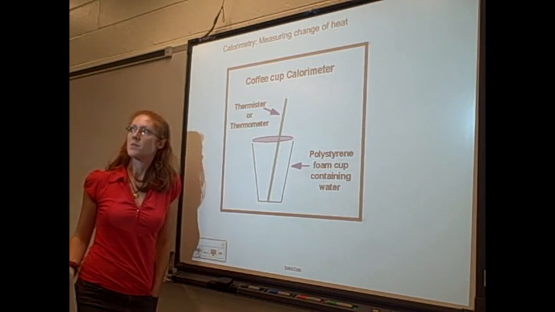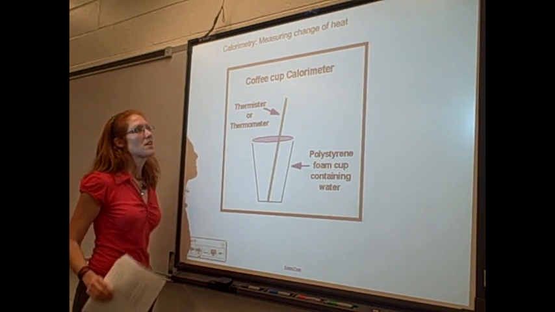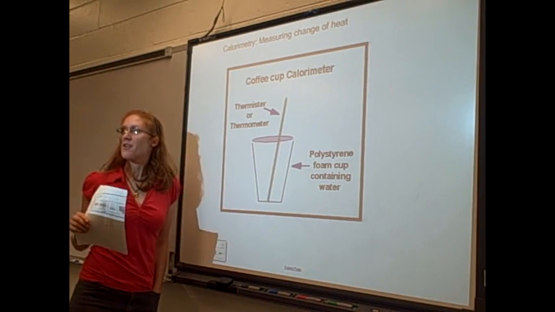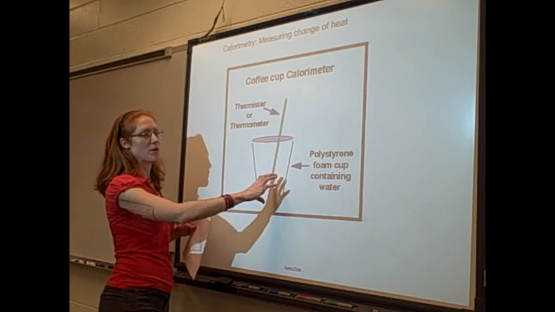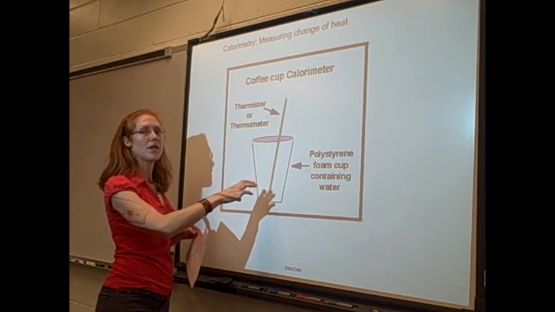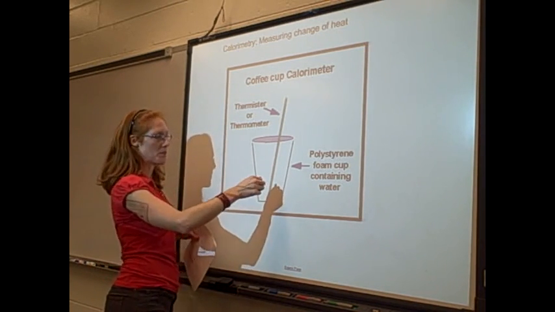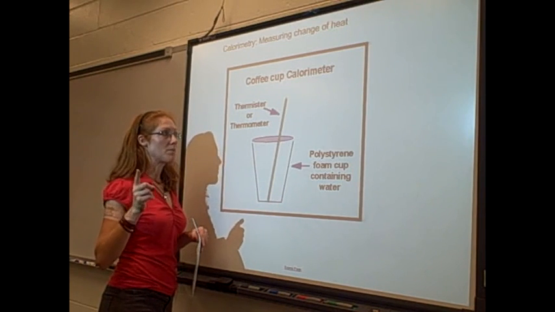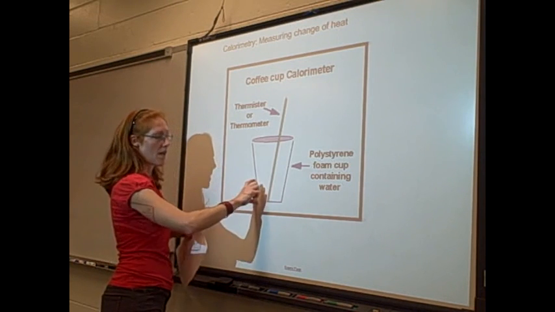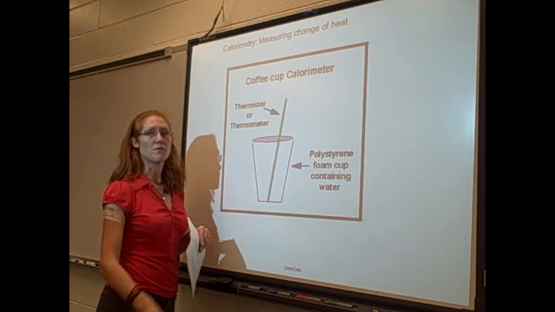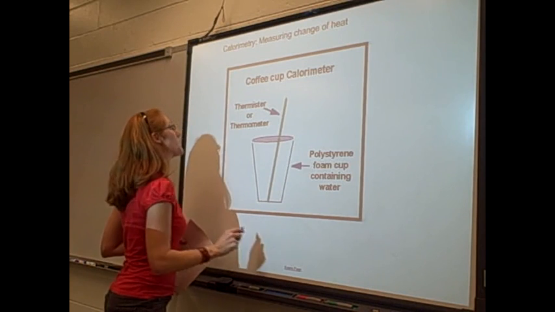We also use Q equals mc delta T with calorimetry. So one thing that we can do in lab is use a coffee cup calorimeter. The way this works is we have a certain amount of water in here. We can measure the mass of the water. It's at a certain temperature. We also know the temperature of the water. So we've got the m and we've got the T. We can get the final temperature, which gives the change in temp. And we know the specific heat of water. That was that 4.184